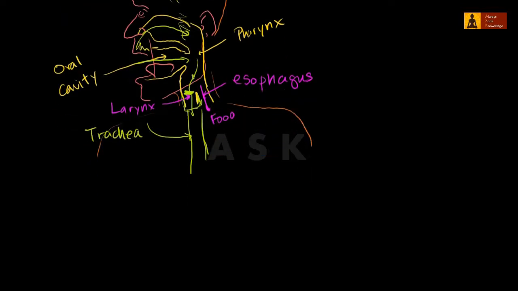And then from the trachea, and the trachea is actually a reasonably rigid structure. It has cartilage around it, and it makes sense that it has cartilage. You can imagine like a hose, if it bent a lot, you wouldn't be able to get a lot of water through it or a lot of air through it. So you don't want this thing to bend a lot. So that's why it needs to have some rigidity. So that's why it has cartilage around it. And then it splits